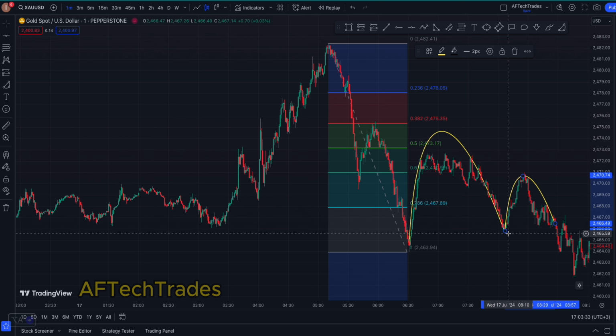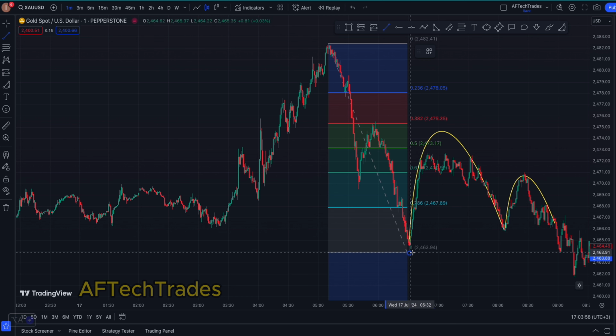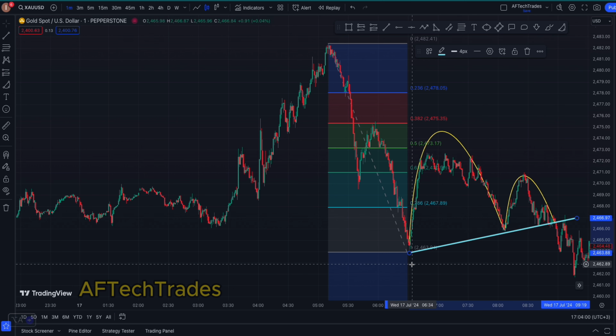Now the next thing is that after this cup shape, I have this coming up again. Now this one that came up is forming the handle. It's a dip. This dip is forming the handle, yet it did not go beyond this. So what we said is that for us to enter this market, we wait for a break of this cup rim. Now I will use this to denote the cup rim. The cup is from here to here. Now if once it breaks this line,